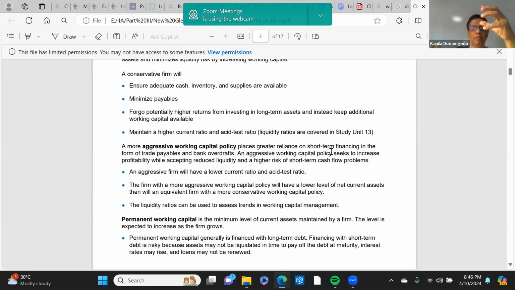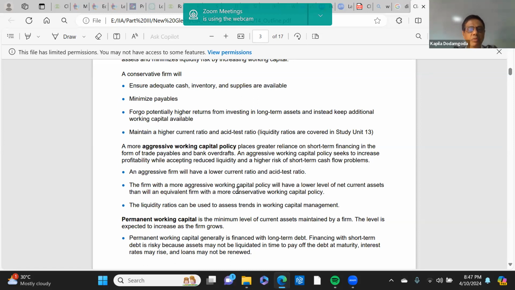On the other hand, if they fund as much as possible through short-term funds, then your current liabilities are more, so your liquidity, the current ratio and the quick asset ratio, will be lower. These are the things to keep in mind for MCQs, etc. They can ask these things: conservative versus aggressive, current ratio, quick asset ratio, which one is relatively higher or lower. Just keep those in your mind.